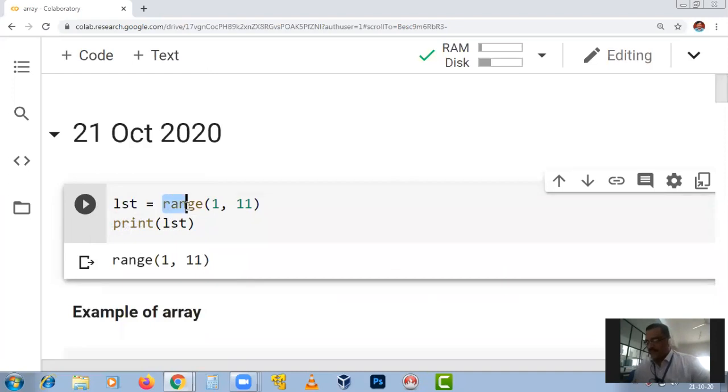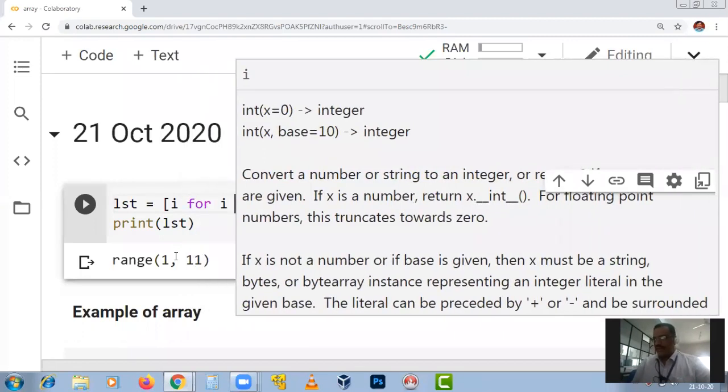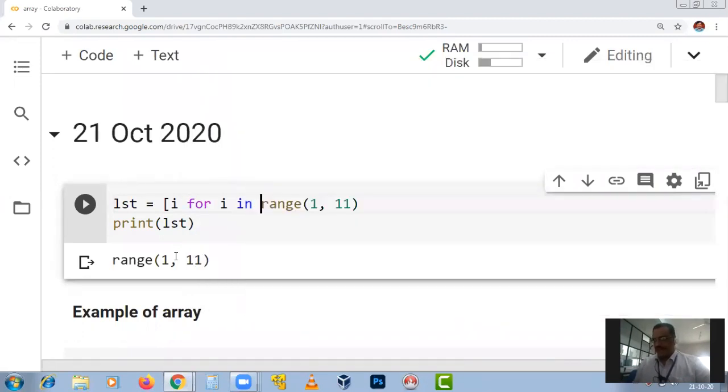It is actually storing the function directly. It is not executing it. So in order to do this, you have to call it as a function. You make it a list, and you store it with for i in range.